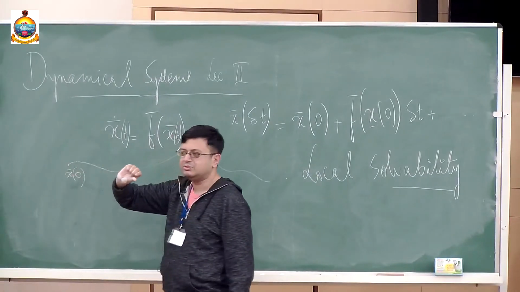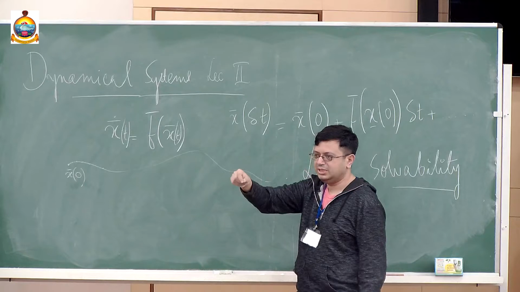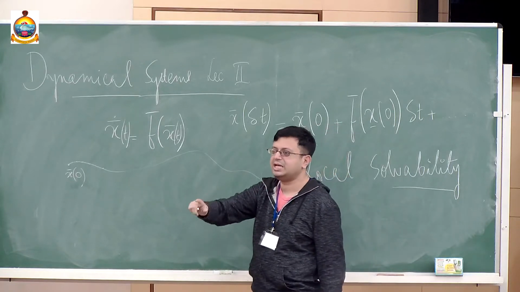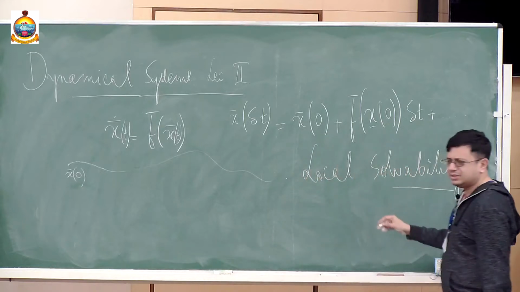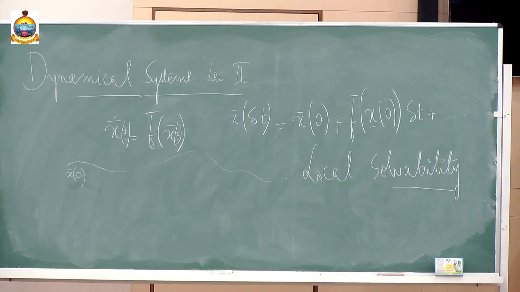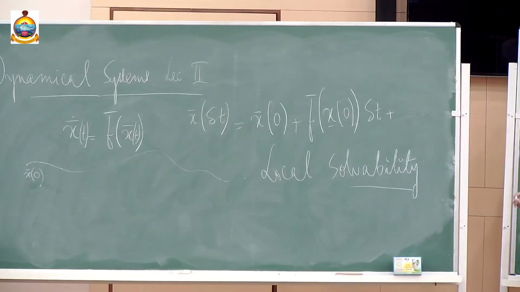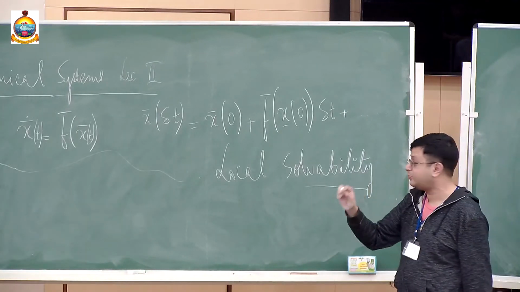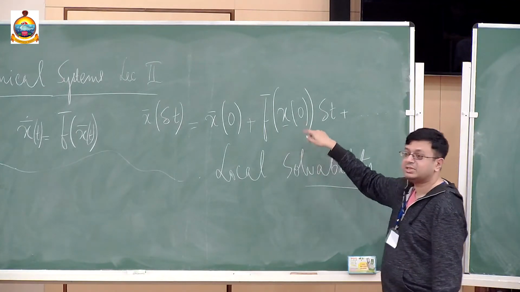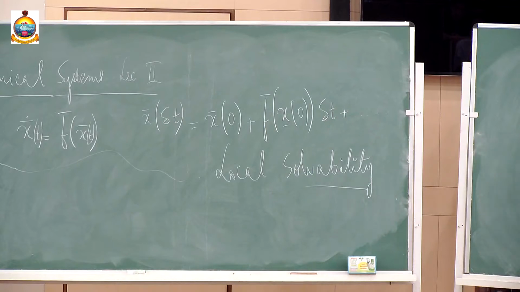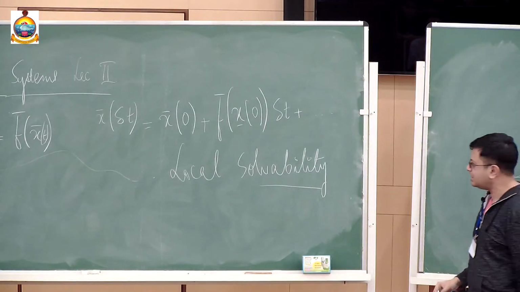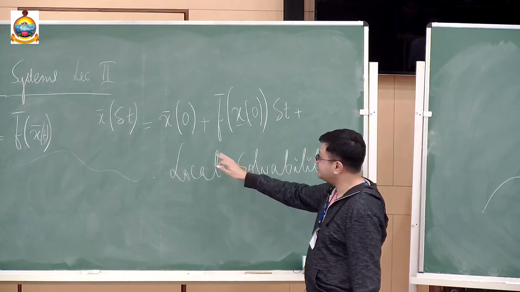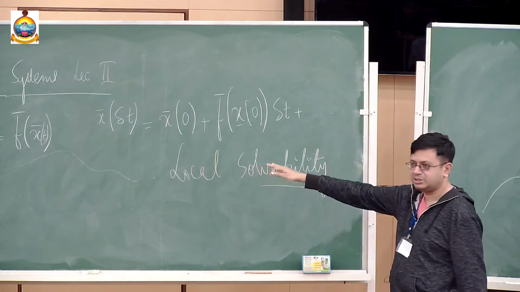You start from a point, you ask what is going to be the fate at a small time delta t, and then you start from the next point and so on. Okay? So this is in principle always possible. We will see that this is not going to happen at specific points at which f of x0 itself vanishes. We will come to that, those are known as fixed points, but barring that possibility, this principle is a way